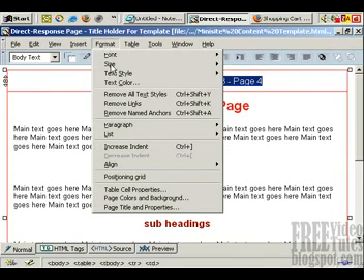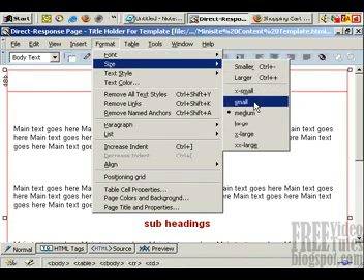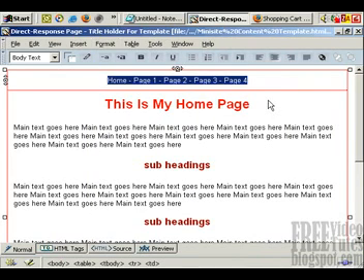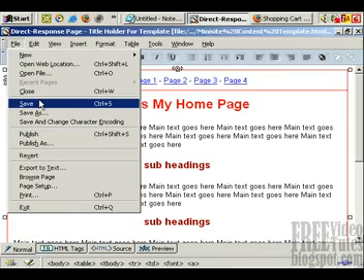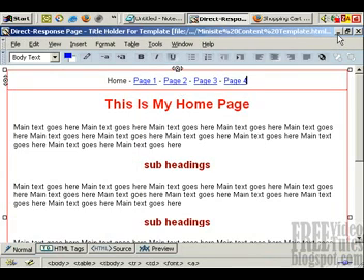Let's make it a little bit smaller. Let's make it small. Okay, I think that works fine. So save. And now if we minimize that,